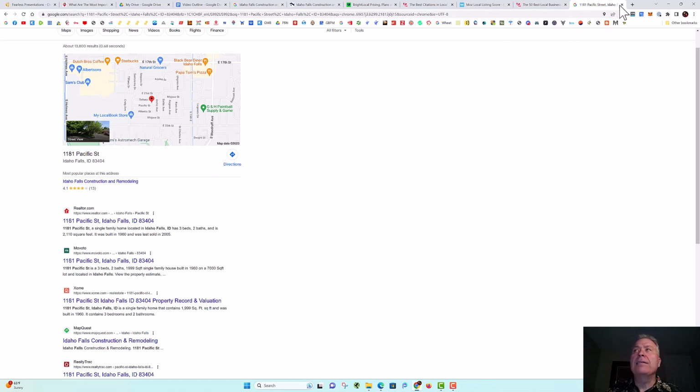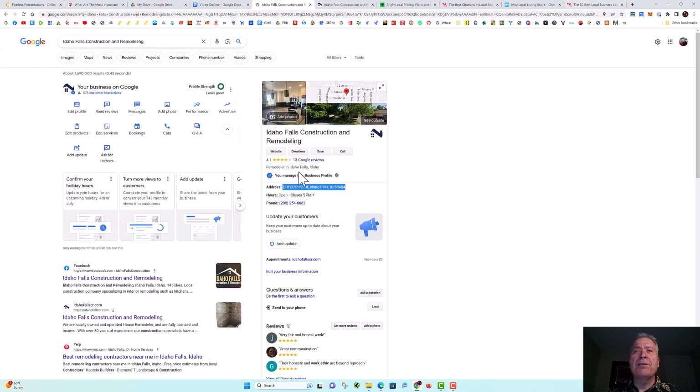If we go back to the profile, you'll notice that's how this business owner has it here. His street is not spelled out. It's just the way Google does it. So take your address, write it however you want, stick it in Google, do a search, and however Google shows your address, that's the way you want to put it on your website, in your Google business profile, and in all your NAP listings, which we'll talk more about in a minute. Anywhere it's on the internet. Just a little tip there.